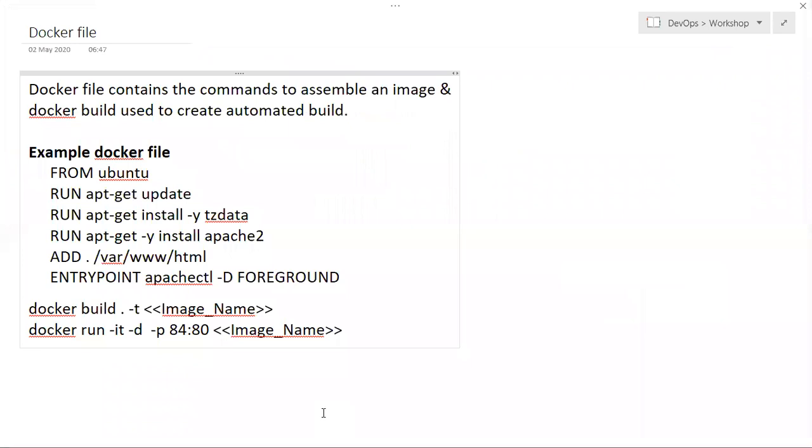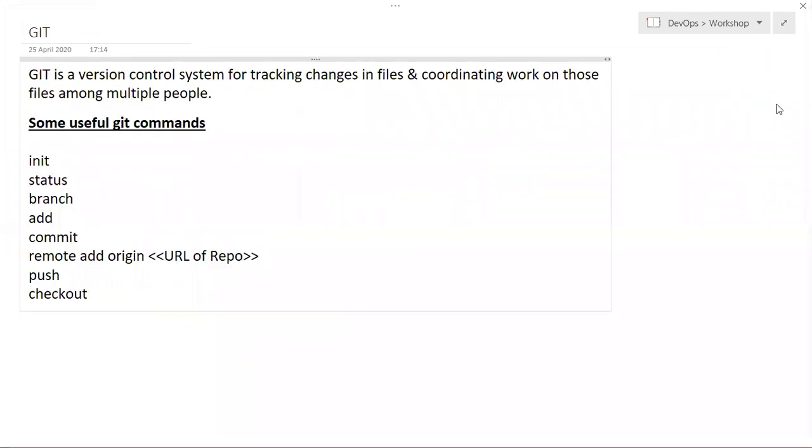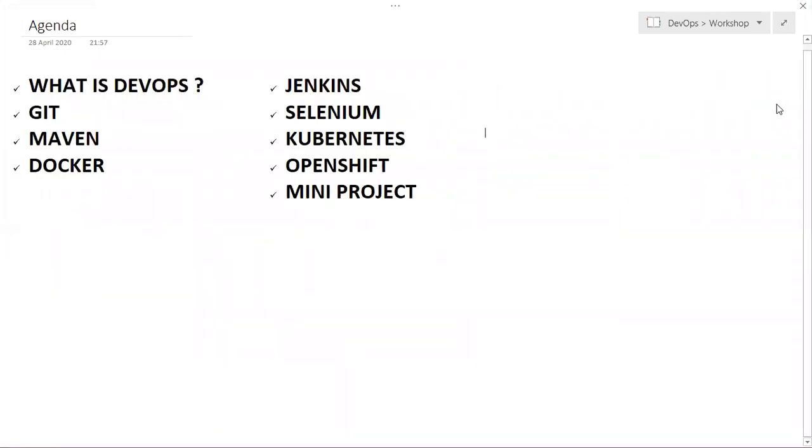You can explore more about Docker by googling and exploring. Okay, this is done. So part one session got completed. We learned DevOps, Git, Maven, Docker, microservices.